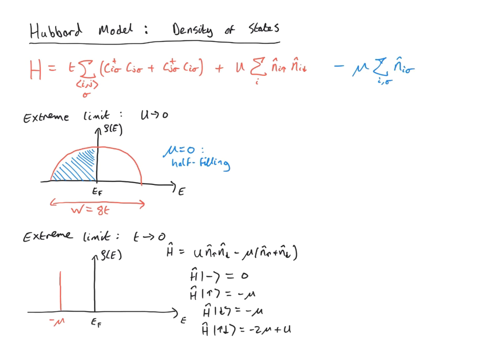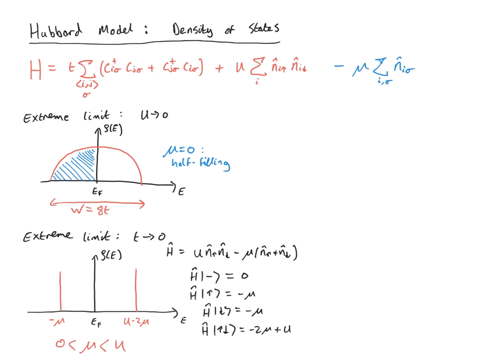And we can also have a particle excitation where we add an electron to the half-filled ground state, and that would be some excitation energy over here with an energy of U minus 2 mu. And provided we have that mu is greater than 0 but less than U, then we'll have an exactly half-filled system, because we'll have one excitation below the Fermi energy and one excitation above the Fermi energy. So this is the situation in